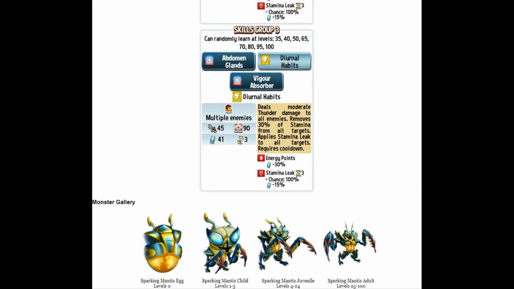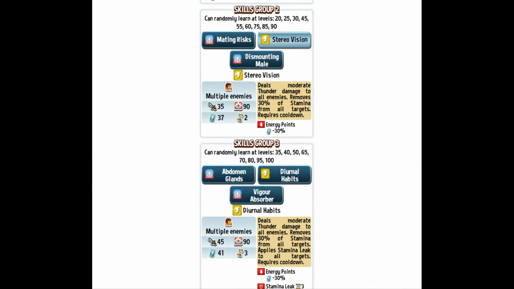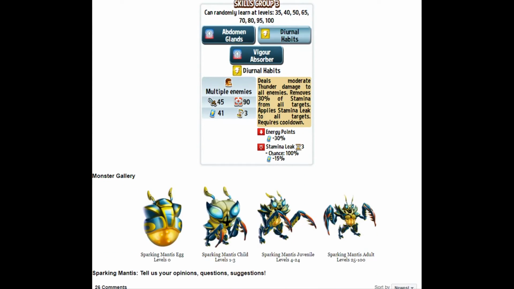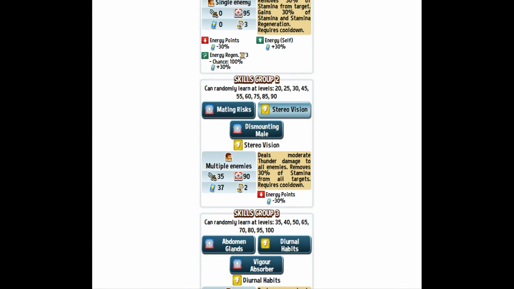Lots of skills cost way more than 28 stamina, especially if they're using an AoE or something. Now coming back to his other AoE, Stereo Vision, one reason you may want to consider running both of these skills is because if you start the game off with Diurnal Habits, like I mentioned, by the second turn they have to recharge. If after you recharge you use Stereo Vision, you're going to lose 30% of their stamina again,